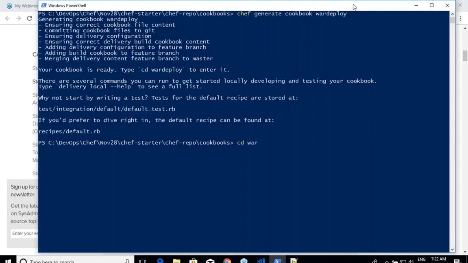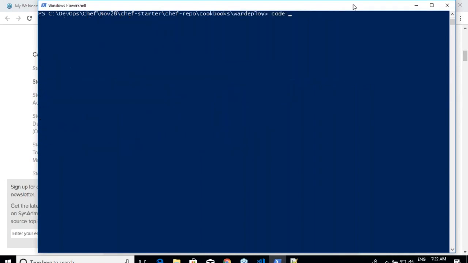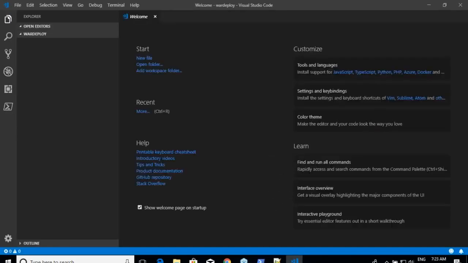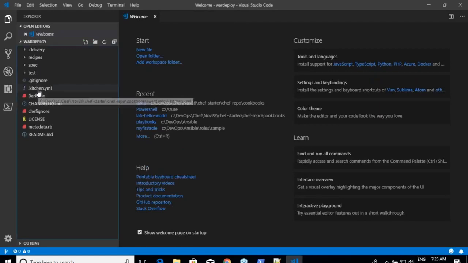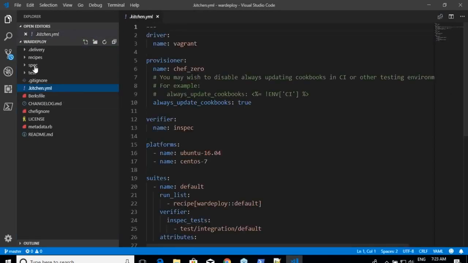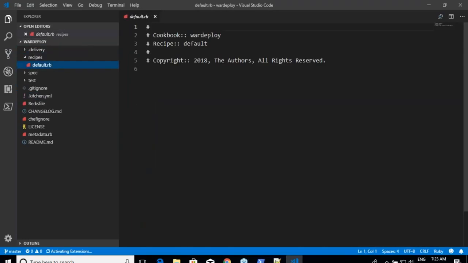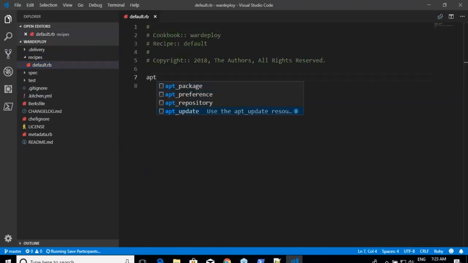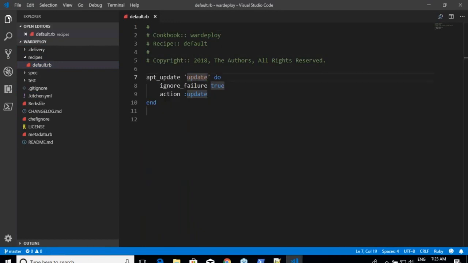So cd var deploy, and then open Visual Studio Code from here. Do I have kitchen.yml over here? Yes. I'll write only one line over here, a very simple line, which says apt update, and I think we have been using this.